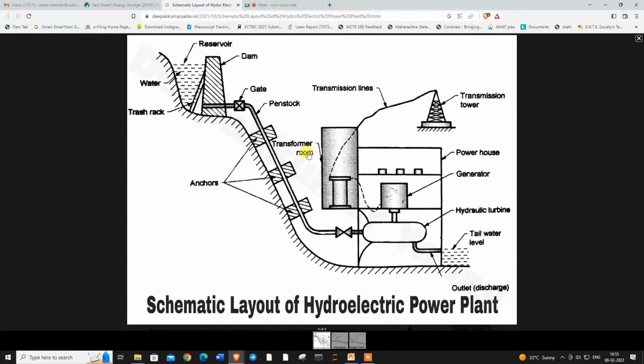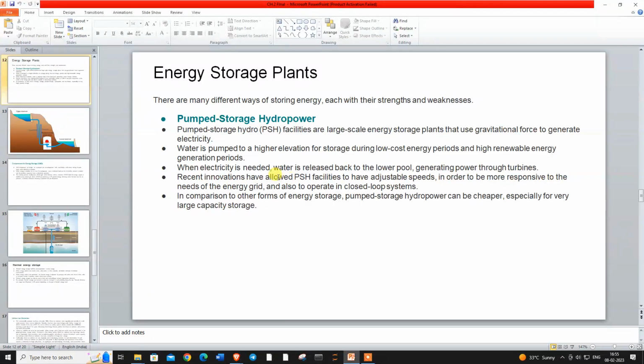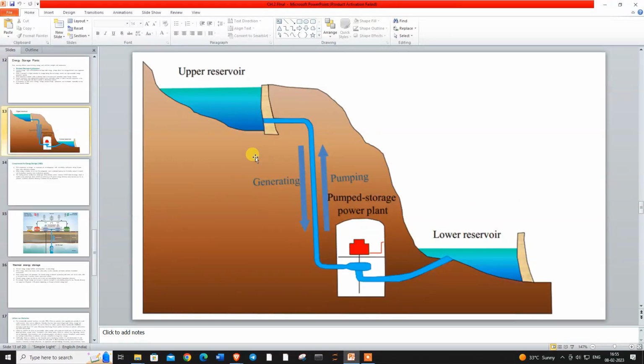Now what is a pumped storage power plant in this case? If you can see here, you can see the tail water level. Tail water level is nothing but the water which is coming out from this turbine that we are going to store. I'll show you the diagram for this in the PPT. So in the pumped storage power plant here, if you can see, this part of the upper reservoir is nothing but the tail race, the part which is stored from the turbine. From the water of the turbine, we are going to create another reservoir,